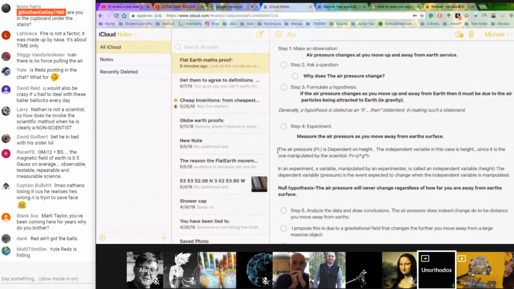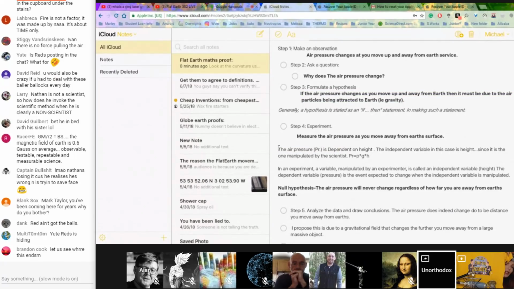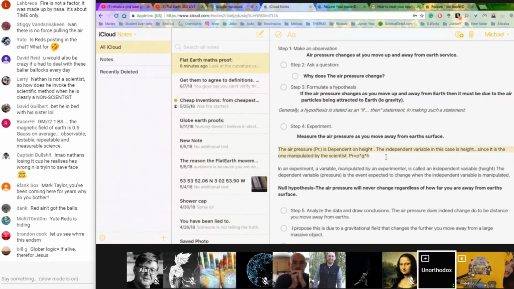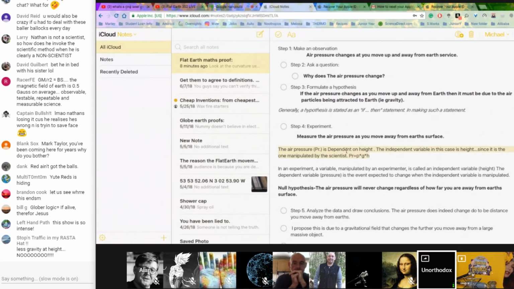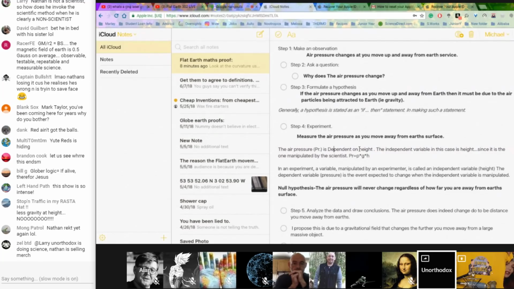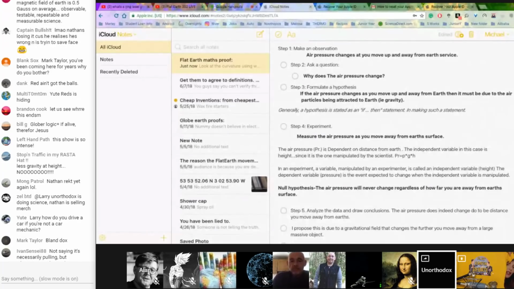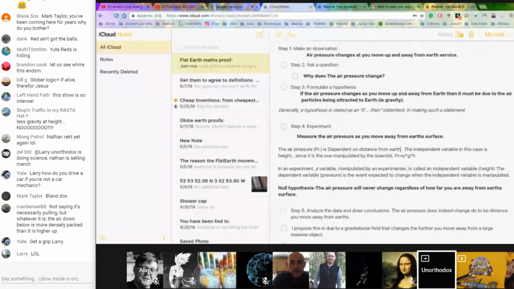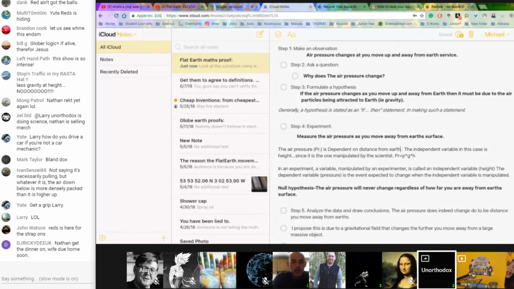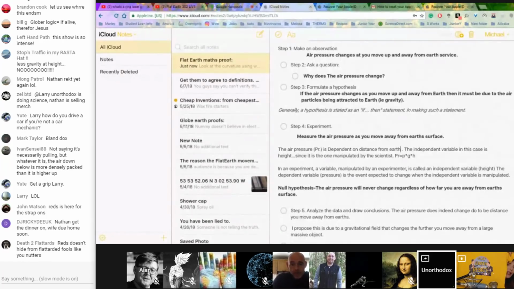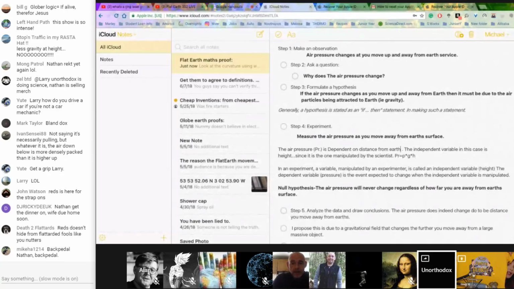You said no. The air pressure. This one right here. Yeah, go on. The air pressure is dependent on height. Right. I could easily say the air pressure, your line there should be the air pressure is dependent on gravity. And you need to vary your gravity as your independent cause. No, you can't vary. Yeah, that's what an independent variable is. So while you can vary height and then assert afterwards that it's actually gravity, that would be outside of the scientific method, wouldn't it now, you dick?